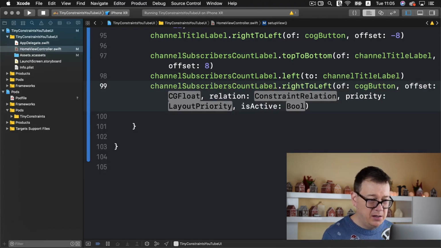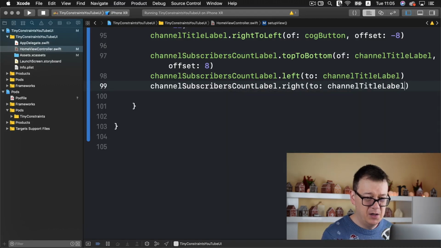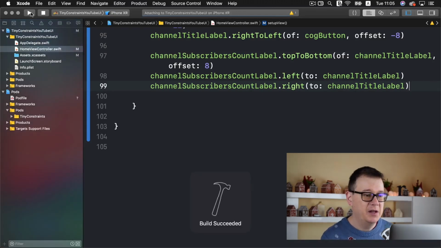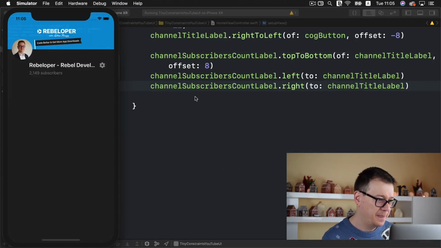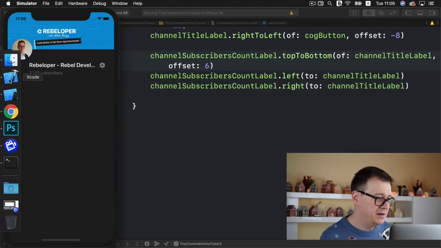Okay, and offset should be, or rather yet, let me see if this works. Left and right to, and channel title label, I believe this should work, but hey, let's see if indeed it does work. So let's build and run and see finally our channel subscribers count label. There we go, we have added. Maybe the offset is a little bit large, so let's add in here 6, and let's take a look at